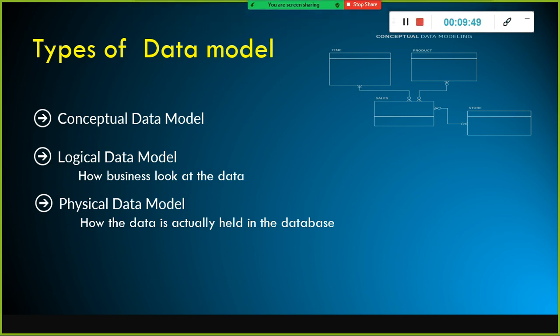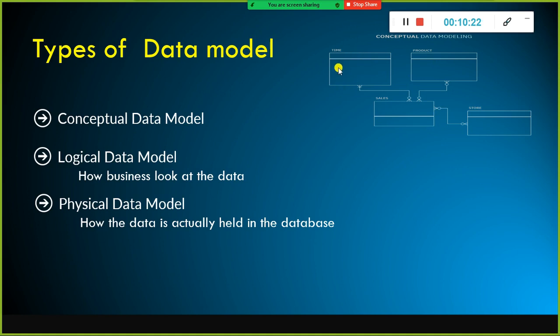So in that case, they want to see a report which shows store wise, product wise sales by week or month or quarter. So what you do is you come up with the entities. These are called entities. In order to show the sales, obviously you need to have the transaction data, and then the product. They want product wise, store wise sales by quarter or year.